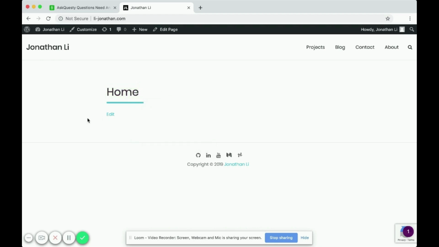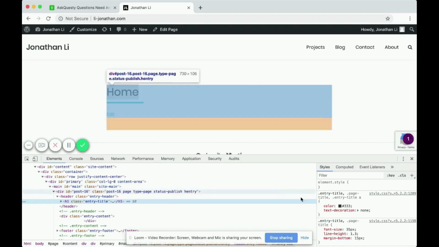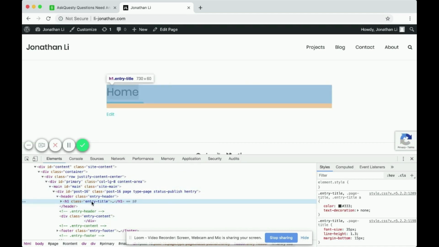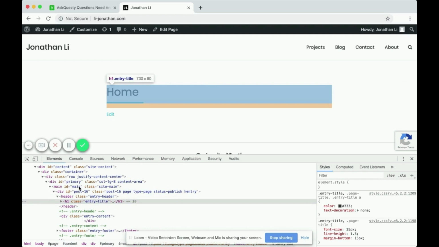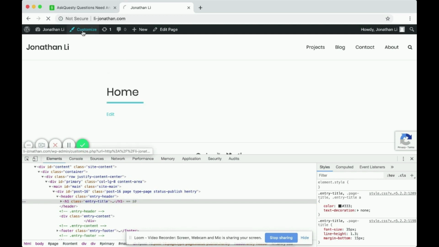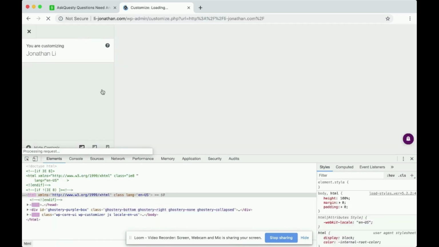So I inspect element, and I find out that home is called h1.entry-title. Okay. So what I do is I go to the Customize tab,